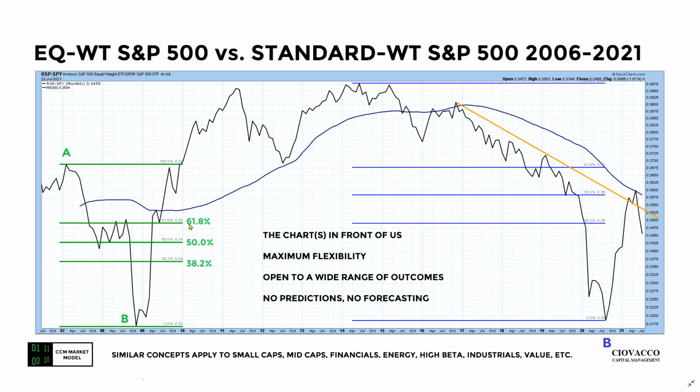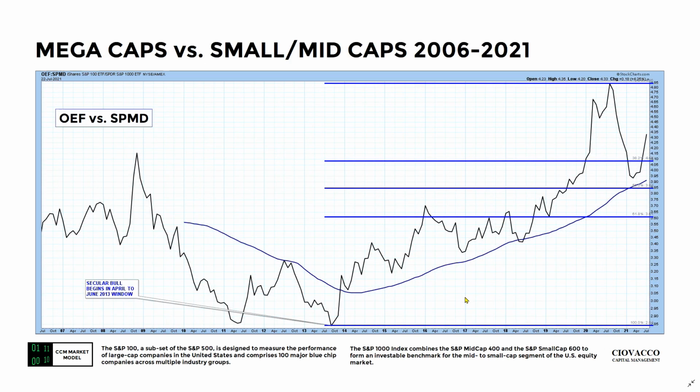Came back, tagged the 61.8, and then resumed. It looks a lot different than this over here at this point. We could go through very, very similar charts and concepts using small caps, mid caps, financials, energy, S&P high beta, industrials, value stocks, etc. This is a very, very common theme. And it's very, very possible that this theme ties into a theme that's been in place during the entire secular